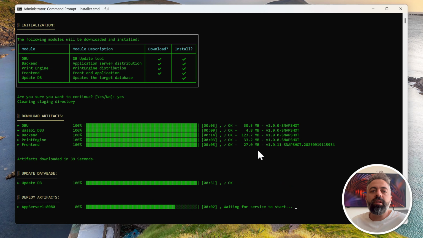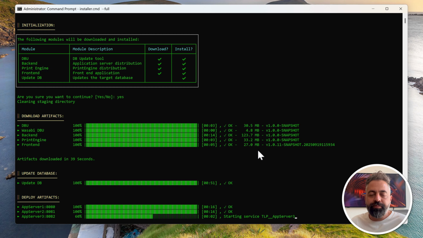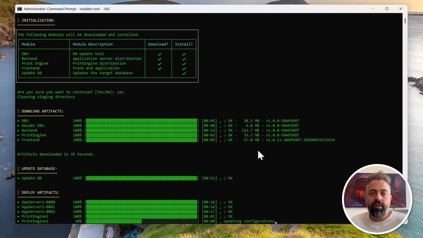Now the next step is the deployment of artifacts. During this step, especially for the application server nodes, the tool will make sure that the node is stopped. Then it will configure it and deploy artifacts to it, and then start it and wait until the node is online. This way we can guarantee that the end users are not impacted by our installation, because the installer will take down a node, update it,